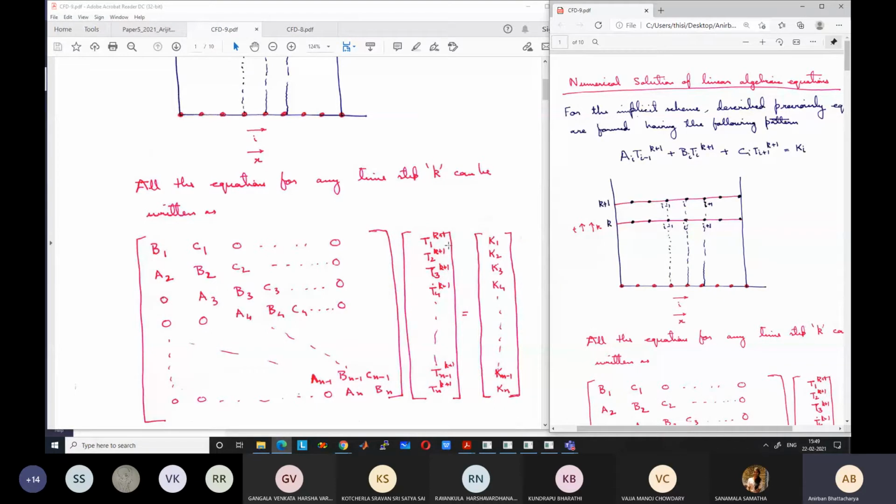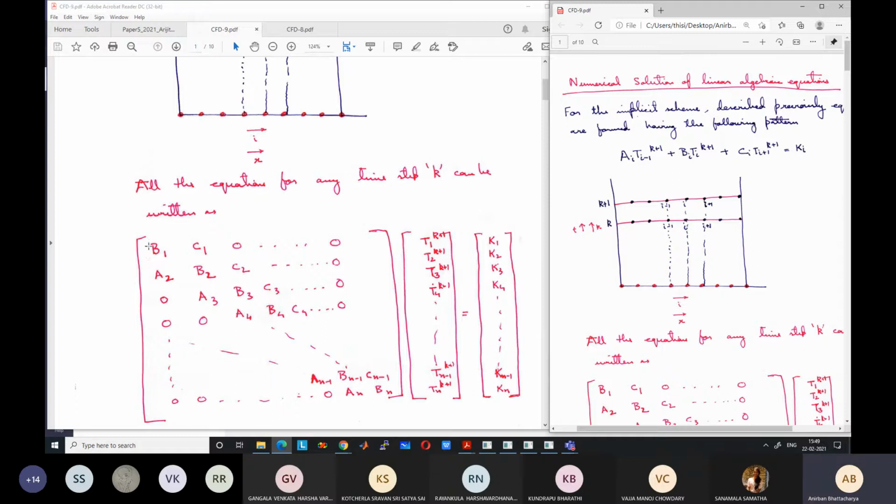The third equation will be 0 into T1 k plus 1. For the third equation, i equal to 3, T1 does not come into the picture. The first term is A3 T2 k plus 1, the second term is B3 T3 k plus 1, and the third term is C3 T4 k plus 1. So only the unknowns T2, T3 and T4 are there in the equation for the third point. So 0 into T1 k plus 1 plus A3 into T2 k plus 1 plus B3 into T3 k plus 1 plus C3 into T4 k plus 1 plus all the other terms 0, equal to K3. Like this, for n equations we can write